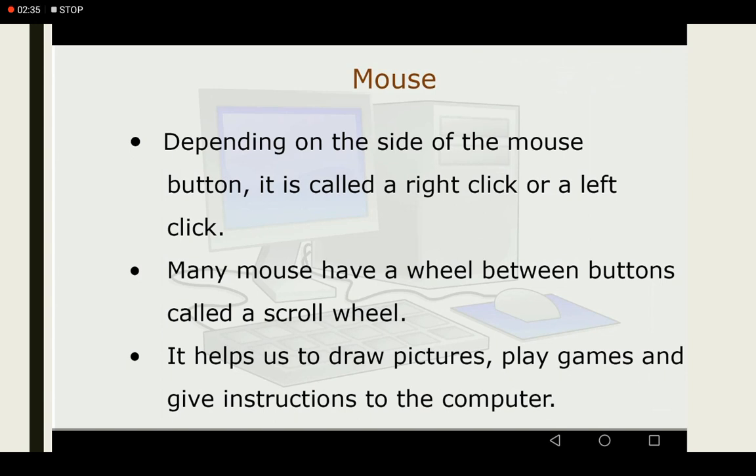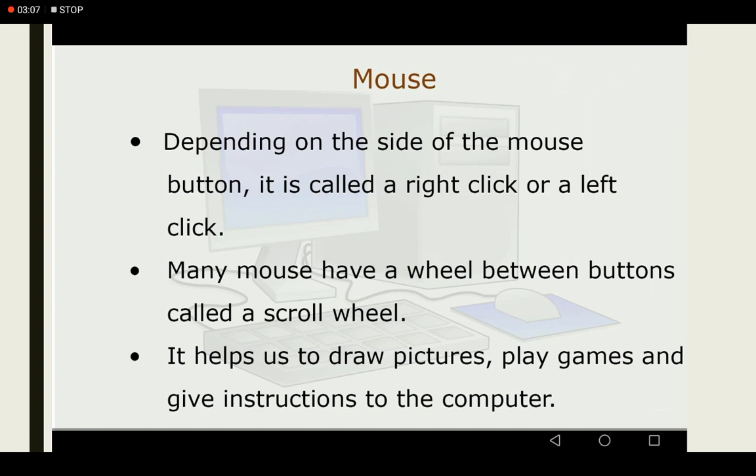It means if we click the left mouse button, this is called a left click, and if we click the right mouse button, this is called a right click. Many mice have a wheel between the buttons called a scroll wheel, which is basically used to scroll your page. If you are working on a computer and you want to scroll your screen, then you can use the scroll wheel.